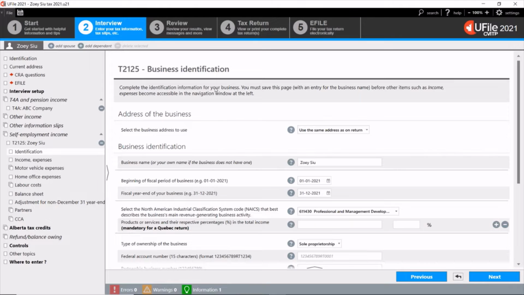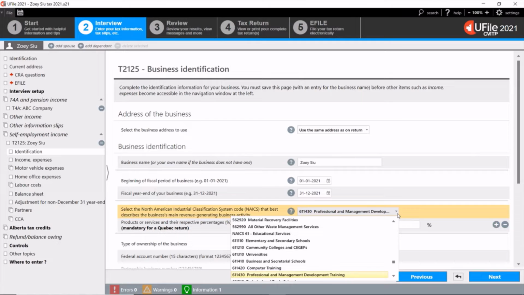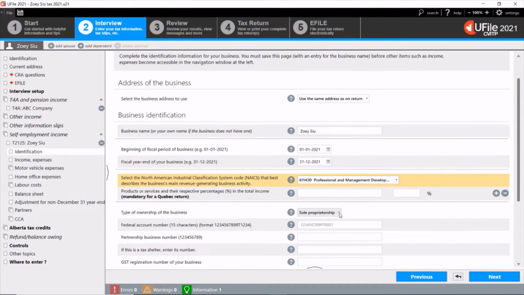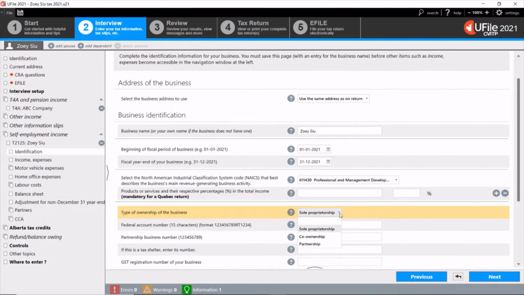In the Identification section, you can enter the information about your business, including your business address, business name, or your name if the business does not have a business name, the fiscal period, the industry code, which is the code that best describes your business's main revenue generating activity, and then the type of ownership. I'm going to assume for this example it is a sole proprietorship.